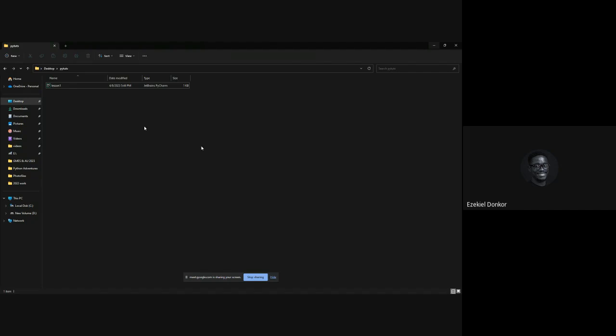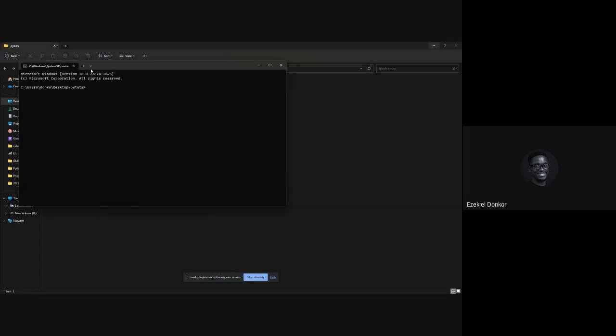That is for Windows 11, right? If you're using Windows 10, you can go into the address bar at the top here, click it, make sure everything is highlighted, and type CMD. It will open command prompt inside this specific folder, and you're going to have the folder path all the way to PyTools at the end here.